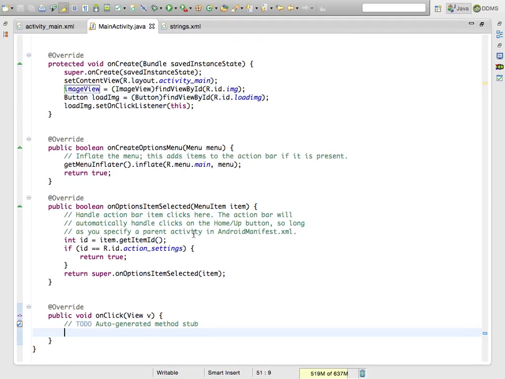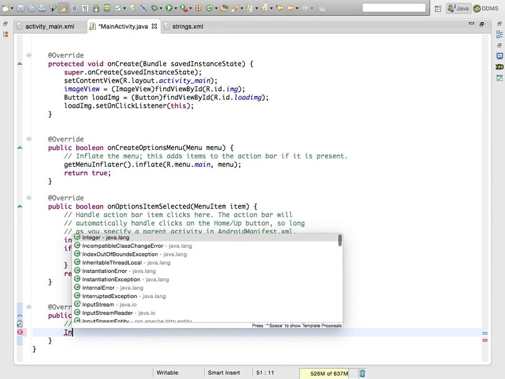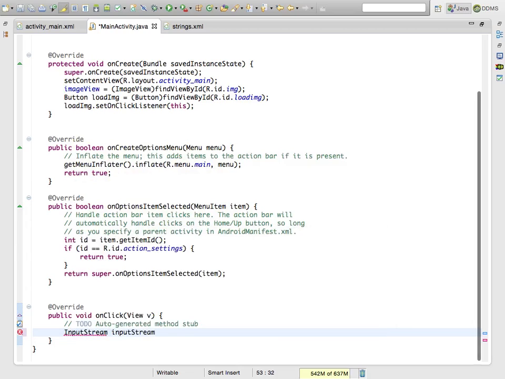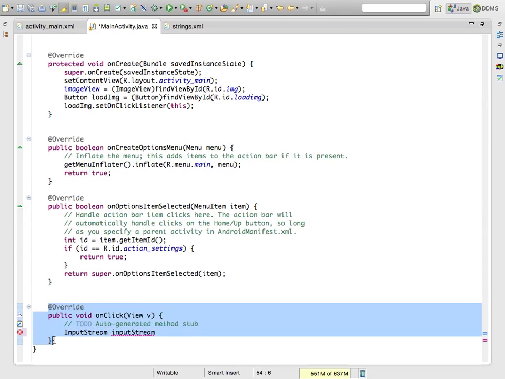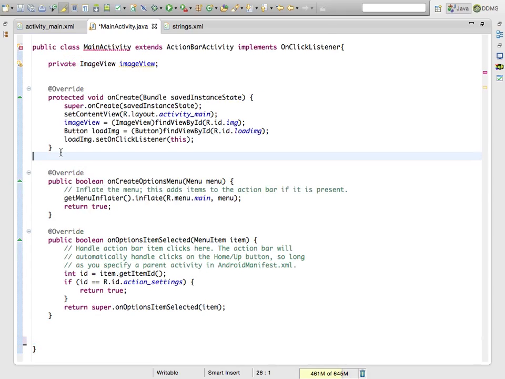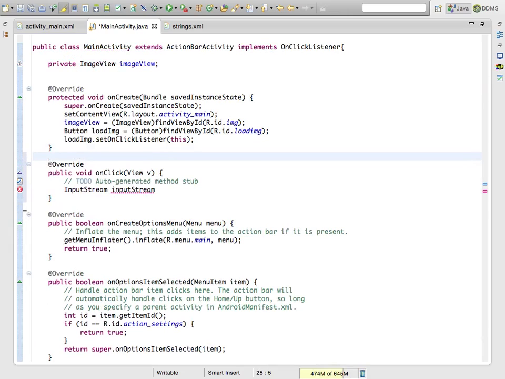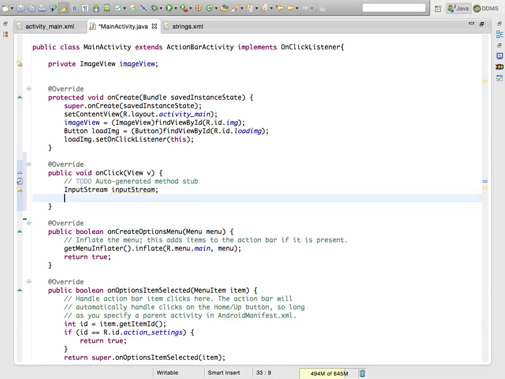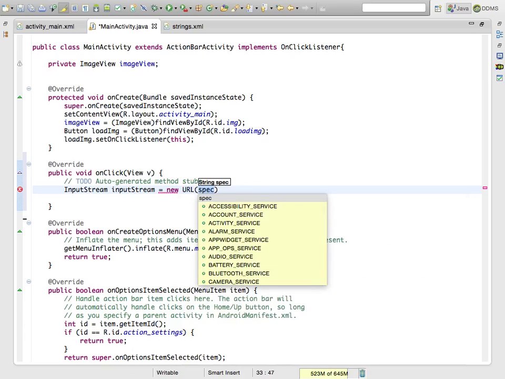The easiest way of loading or calling a URL, create an input stream. We copy it slightly. URL, give a URL,